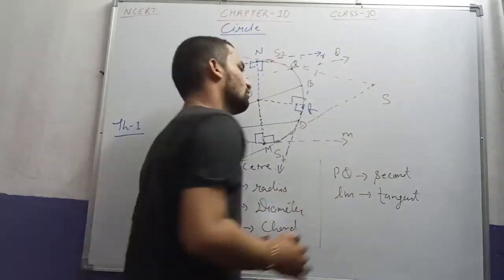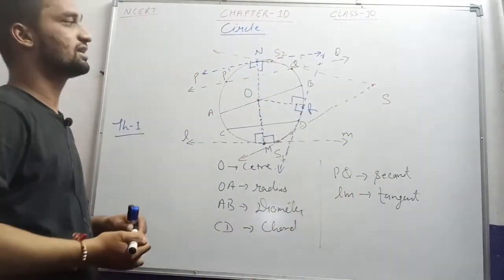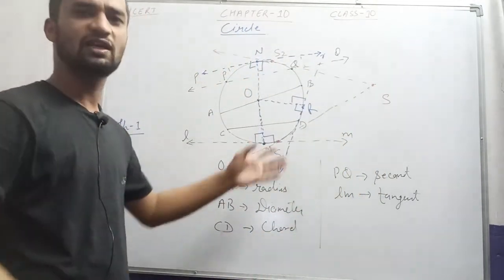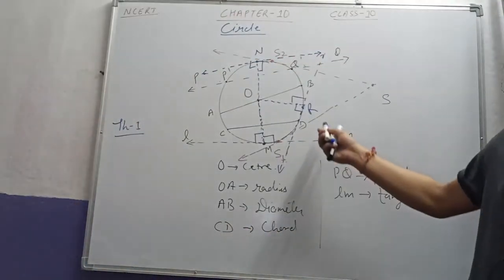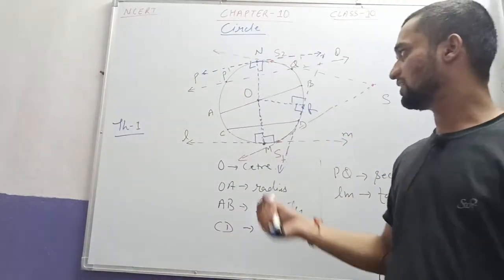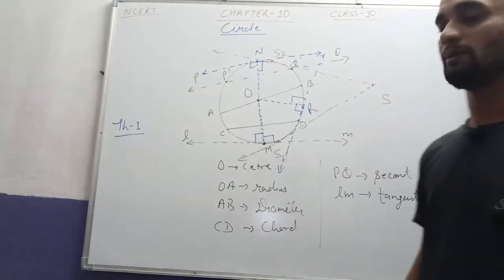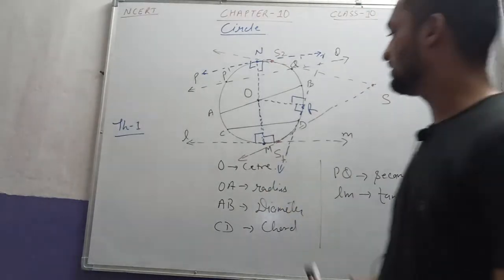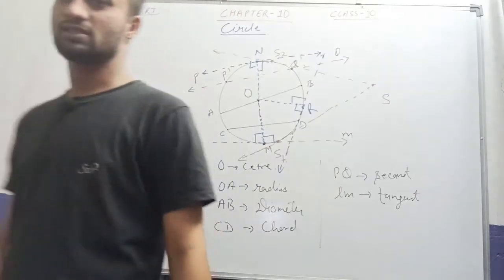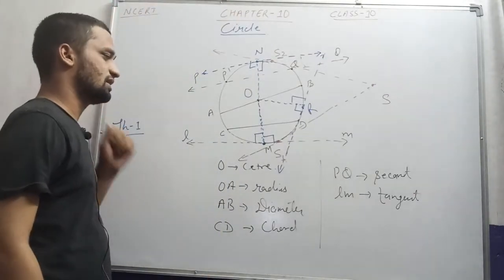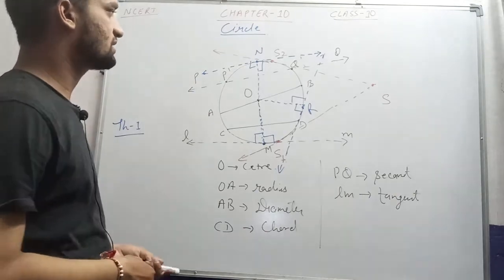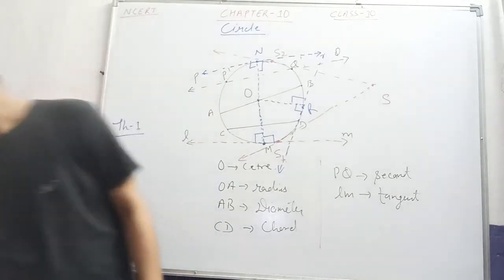वो पॉइंट कहाँ होना चाहिए? आउटसाइड द सर्कल. Outside the circle. This we have done already in the construction. You have seen we were doing the same thing in exercise 11.2. So you are familiar with this. So likewise you can solve your first exercise. One more objective question is always coming.